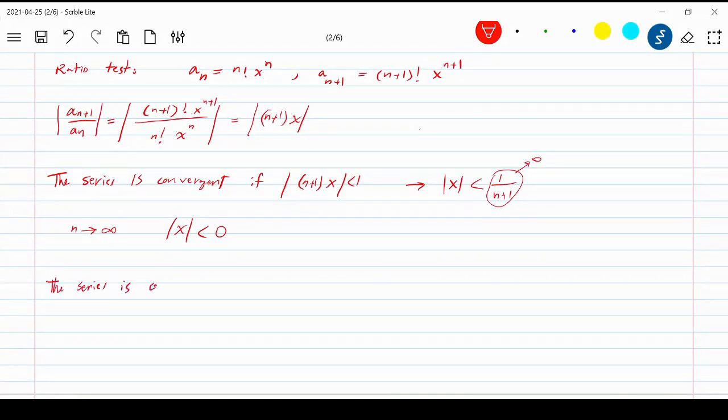is convergent if x is exactly 0. There is no other option. If x is greater than 0, then that's not possible. If x was greater than 0 here, then you would have divergence. But if you choose x to be 0, then